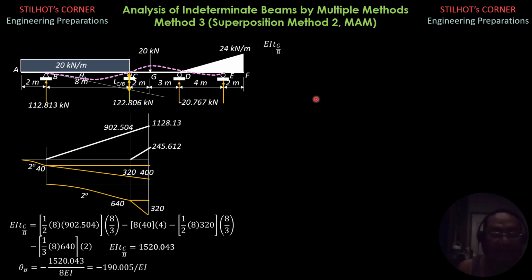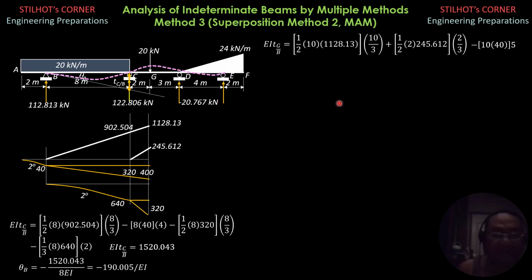So EI division of G relative to B is 1 half of 10 times 1128.13 times 10 thirds plus 1 half of 2 times 245.612 times 2 thirds, then minus 10 times 40 times 5 minus 1 half of 10 times 400 times 10 thirds, moment of this area here, then minus 1/3 of 8